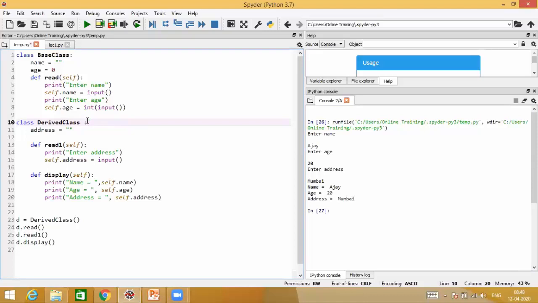Now base class is an independent class and derived class is an independent class. I'm not changing anything here. D is an object of derived class and it is trying to call this method read, which does not exist in the derived class's code. It exists in the base class's code. Now when I run this,